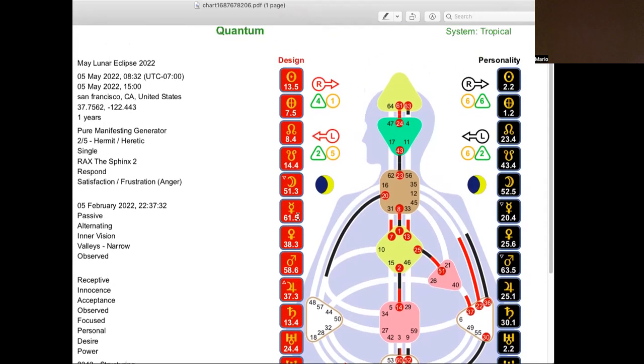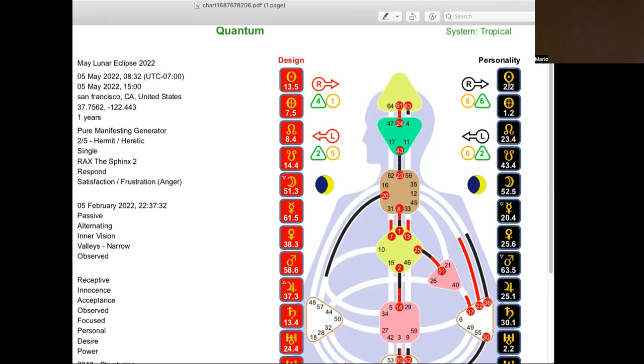Now we can also move over to the right column over here, where we have numbers coded in black. And this is according, just like the left side, to hexagrams between the numbers of 1 to 64, and then a little number on the side, which is a line number between 1 and 6. So at the time of this person's birth, this would be a lunar eclipse. What we would notice is that